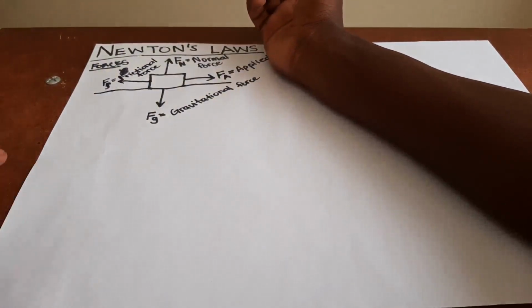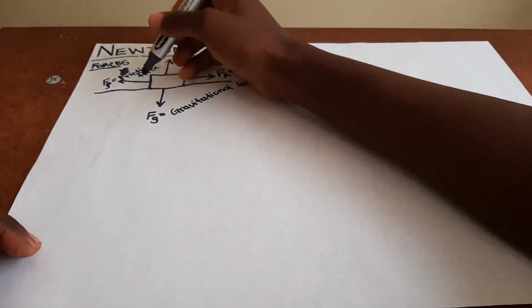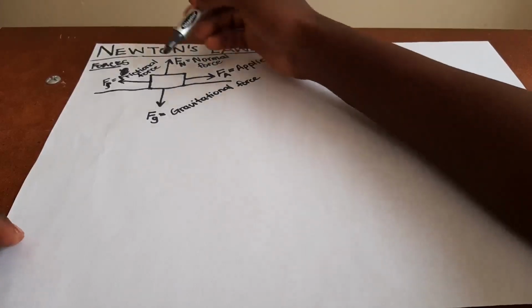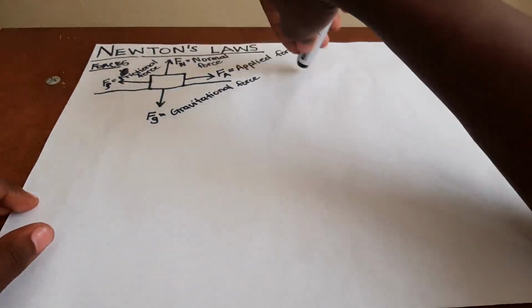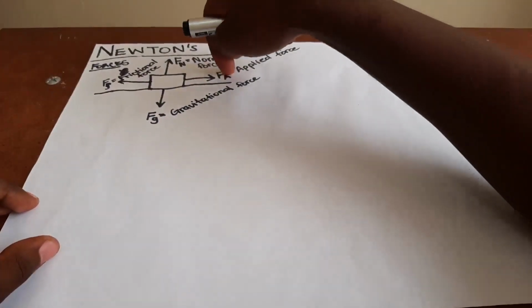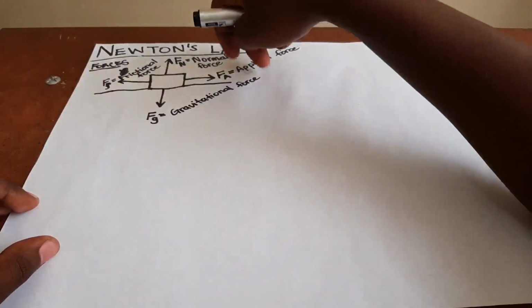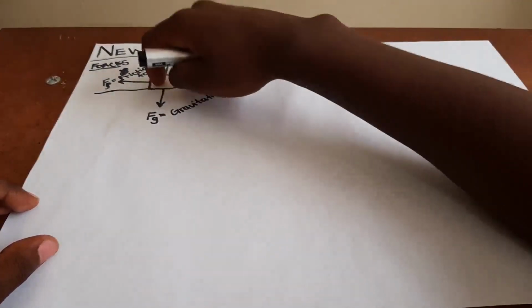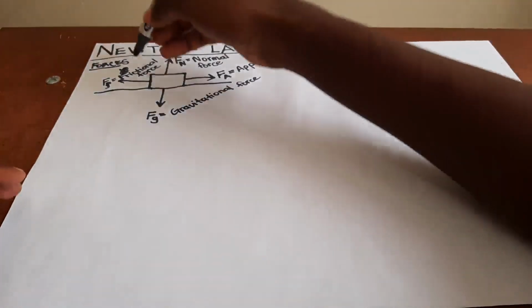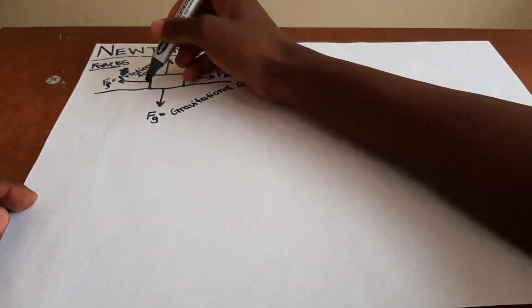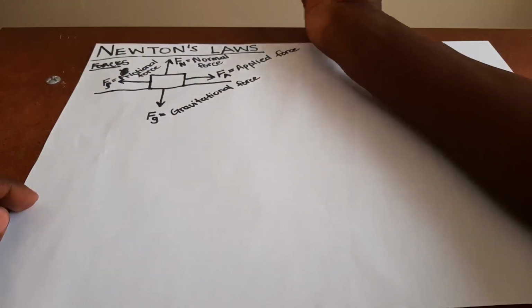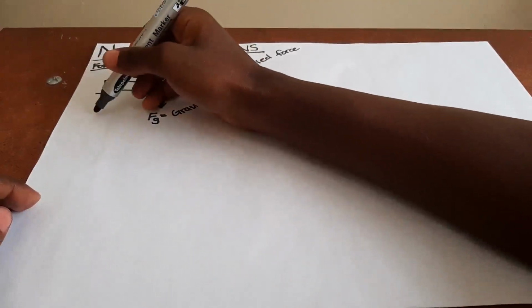We also have things like tension force and so on. A tension force is whereby, if I'm pushing this object this way, this is the applied force. I'm on this side pushing this object to move this way. If there's another object that is connected to this object, like this, let me draw it here,